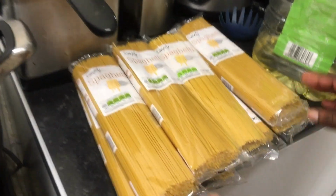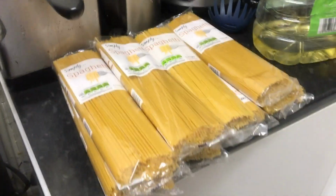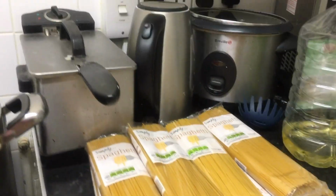Today we have something special and delicious because we're going to a party and we're going to be doing some Bami Goreng. Let's take a look at the ingredients here. So guys, we've got 8 bags of spaghetti, some oil,